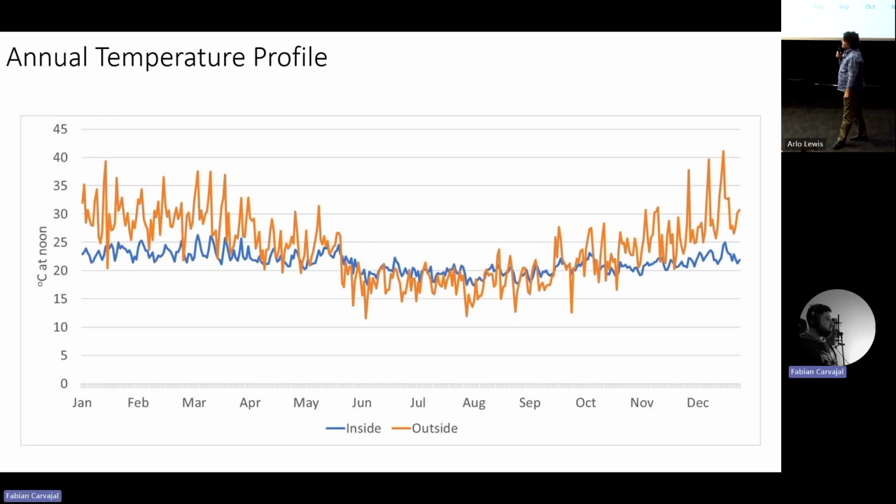So this is a graph that shows a midday temperature recording both inside the home in the main living area and outside the home over the course of the year. And you can see there with the blue line just how stable the temperature of the home is, and this is with no mechanical heating or cooling, only relying on that sun in winter to warm and the cooling breeze in summer to cool. We have ceiling fans to give that sense of movement on still days, but very, very